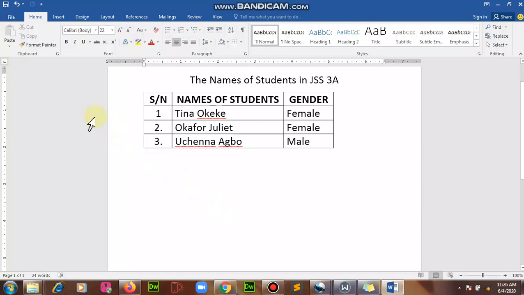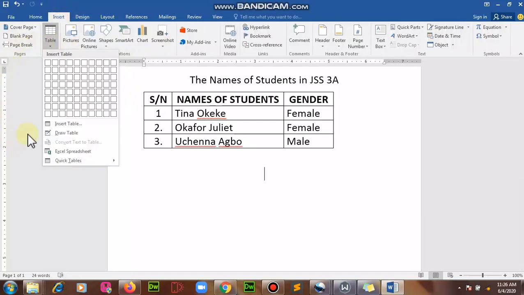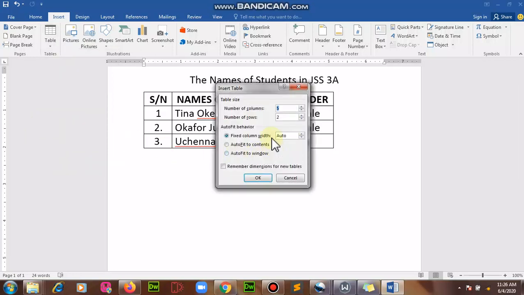So next, we need to insert a table using a different strategy. Click on insert, go straight to table and come down to insert table. That one is easier. Click on insert table and then choose how many rows you want in this dialog box. Type whatever you want on this particular dialog box. I want a table of 3 columns and